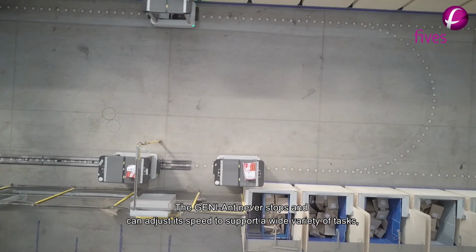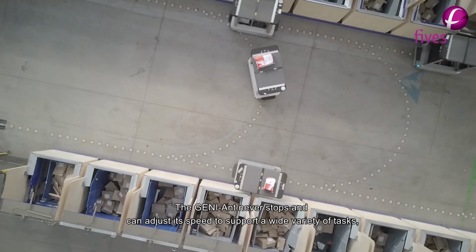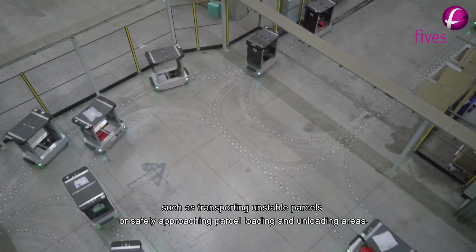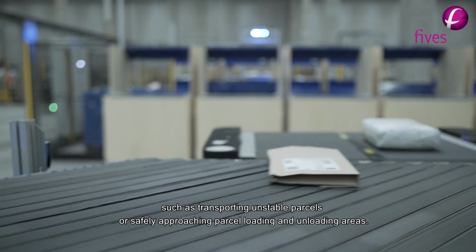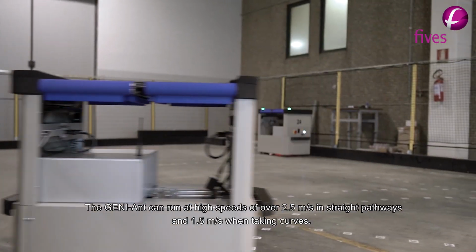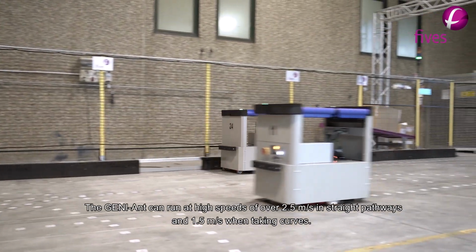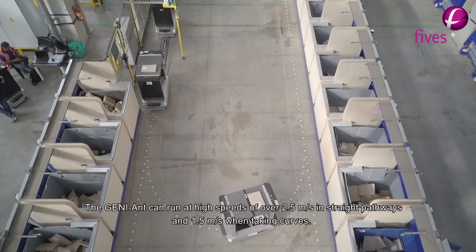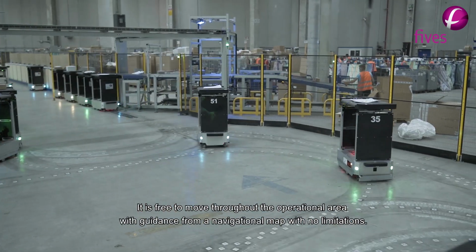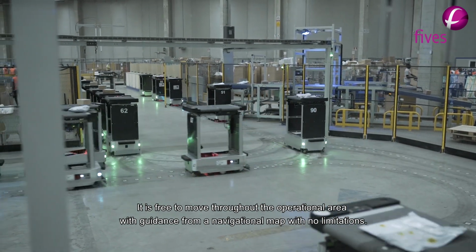The GENI-Ant never stops and can adjust its speed to support a wide variety of tasks, such as transporting unstable parcels or safely approaching parcel loading and unloading areas. The GENI-Ant can run at a high speed of over 2.5 meters per second in straight pathways and 1.5 meters per second when taking curves. It is free to move throughout the operational area with guidance from a navigational map